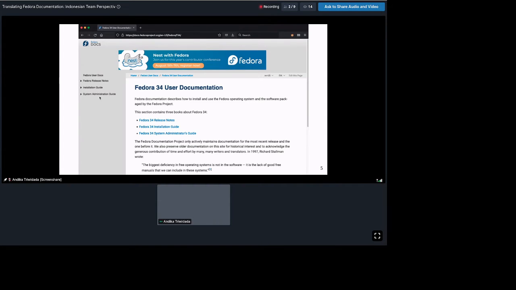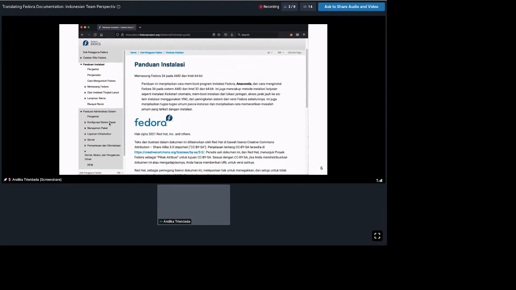Each of them is quite a big document. It's already translated into so many languages. And the Indonesian translation is like this. It's not finished yet, but a significant part of it is already done.